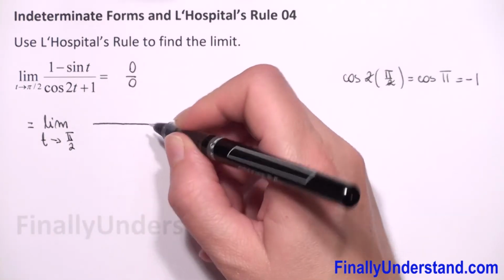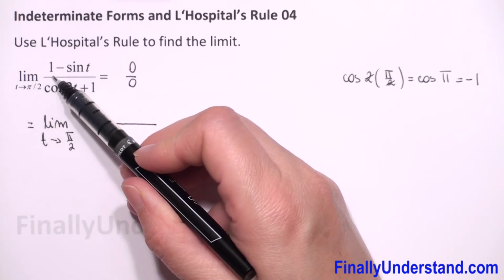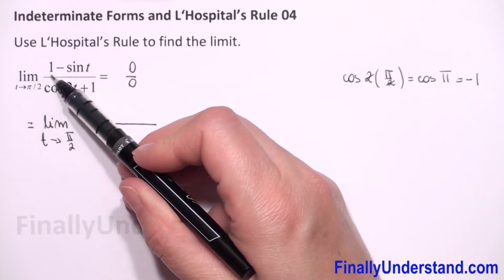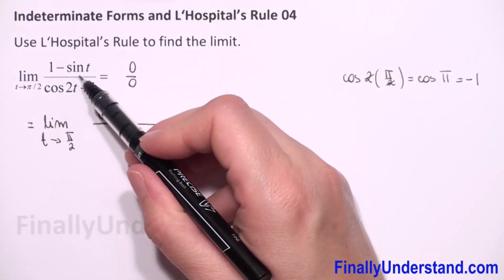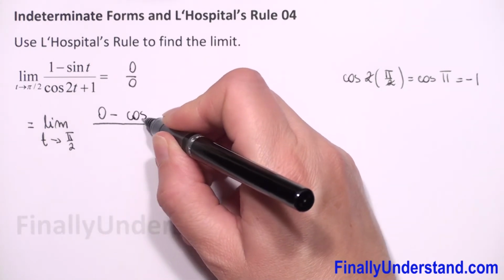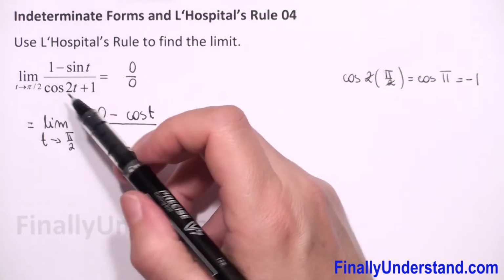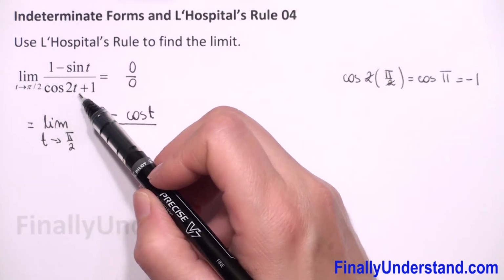In the numerator we have the derivative of a subtraction, so we have the derivative of 1 is 0 minus the derivative of sine, which is cosine of t,